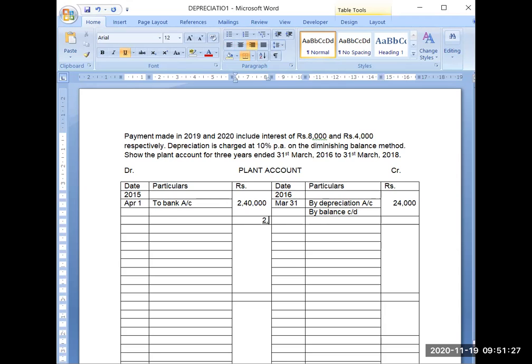Total will be 2,40,000. Balance will be 2,16,000. Now in next year,